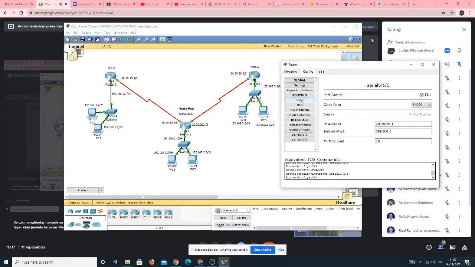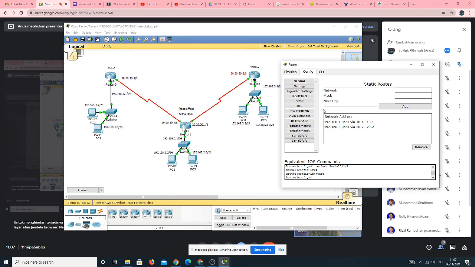After that, we go to static route. Now there are two configurations also in this router Semarang, for the static route or for the IP route.